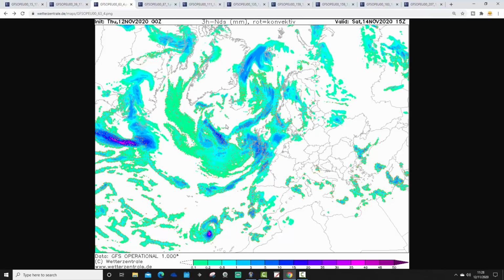A lot of heavy rain across Ireland and the UK. Some of that just coming down in towards northern parts of France. A little bit heading over towards southern Norway and Denmark. Some showers down towards Portugal and southern parts of Spain as well. However, through most parts of Europe, again, the emphasis continues to be on a lot of dry weather. A few showers through the Med, maybe the odd thunderstorm, but the emphasis is on dry weather as we